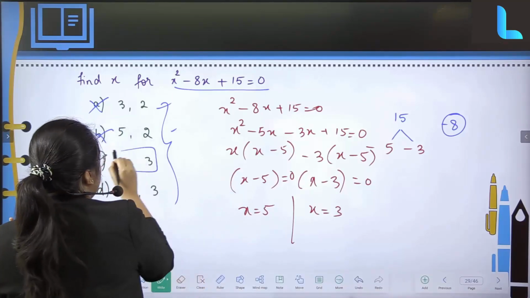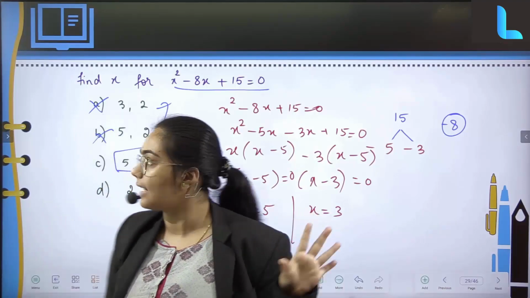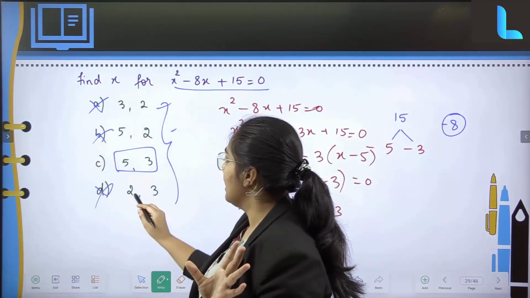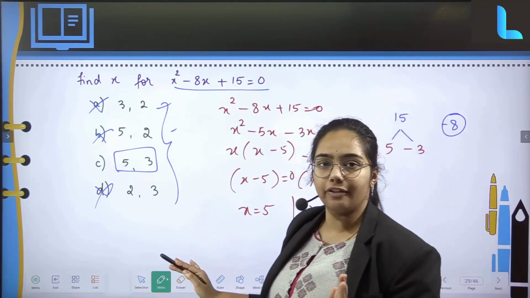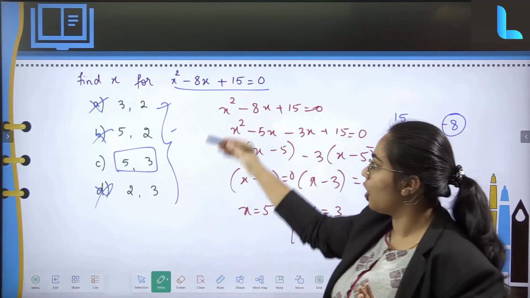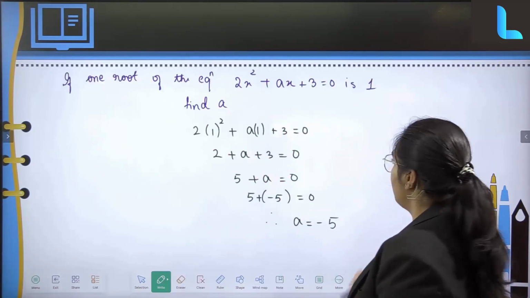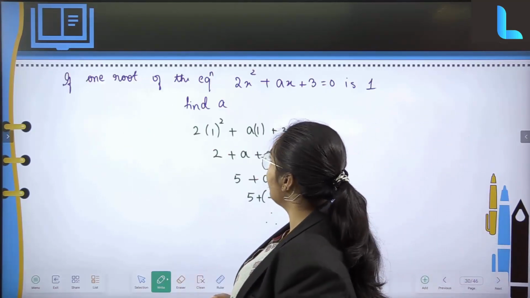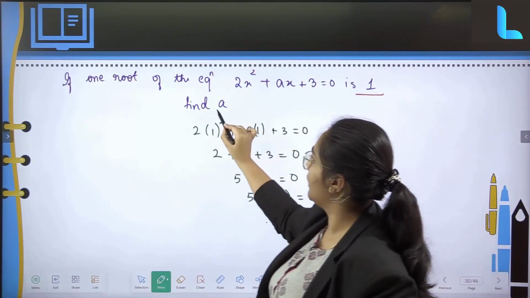Right. So this is going to be my perfect option. So suppose if options have been given, you can just eliminate the ones which are not going to be right. Even 2 plus 3 is going to be equal to 5, which is not going to satisfy for me. So it obviously has to be 5 and 3 only. From the options given, it is going to be 5 and 3. Clear?